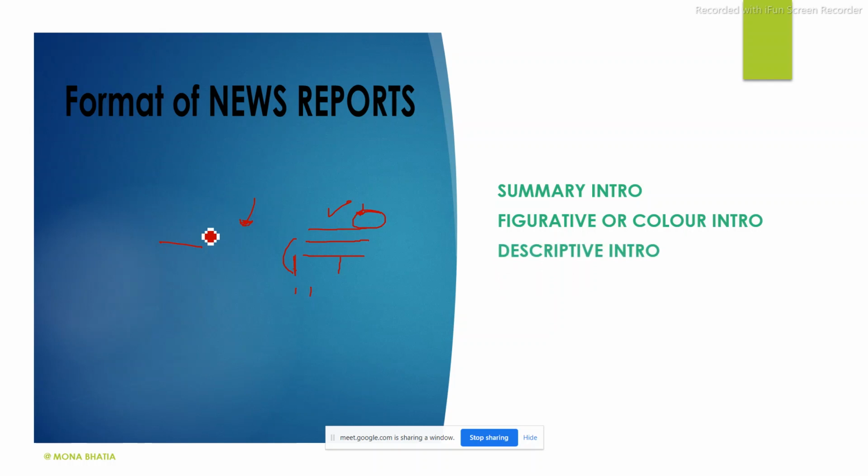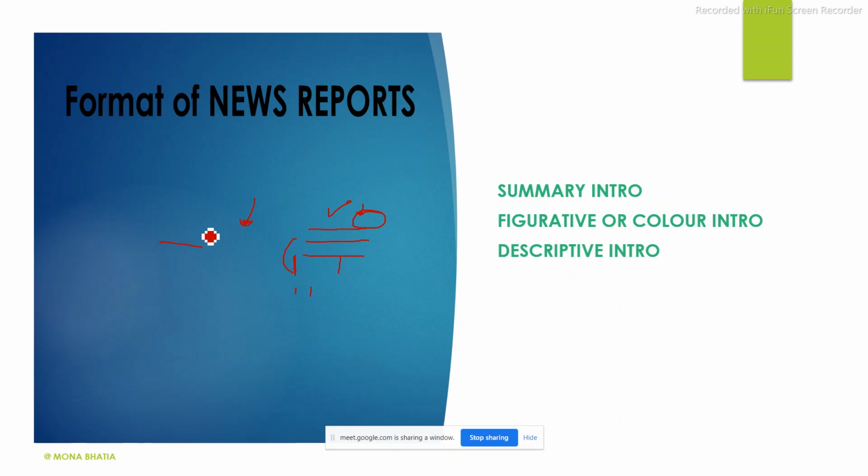Okay, in the descriptive intro, as I said, it is usually given to the story which requires making the reader familiar with the setting of the place of action. Where it has happened, full description is given. For example, there is a meeting in the chief minister's house. Shiv Sena leader Manohar Lal Joshi has a swanky sea-facing apartment on the top floor. So this describes the thing, further leading to the main story: where is his apartment, how is his apartment, and who are the people present there. So total description in that intro.